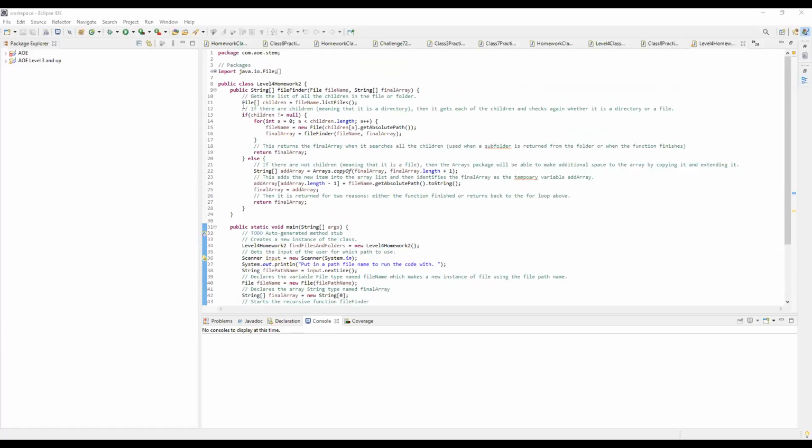array. So in the function, I got the children, and if there were children inside it, then for each child, I would get the new file and then run it again. But if there's no children, that means that the file is a file and not a directory. So then I extend the list by 1, and then pushed the last item into the last item of the list so that